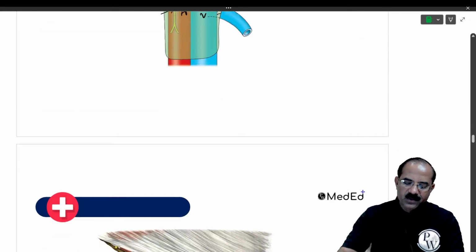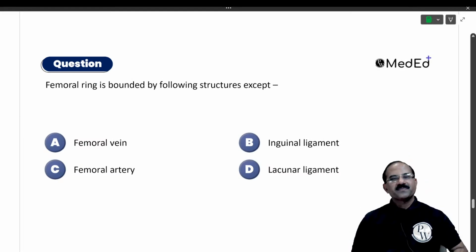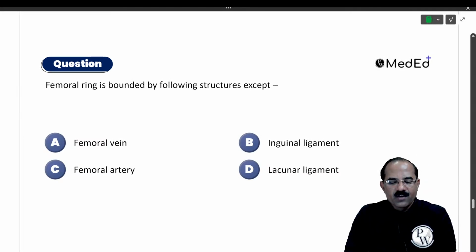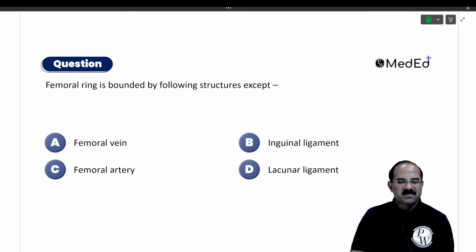I'll show you some MCQs. Have a look at these MCQs. Chalo, answer this. Students, the femoral ring is bounded by all the following structures except: